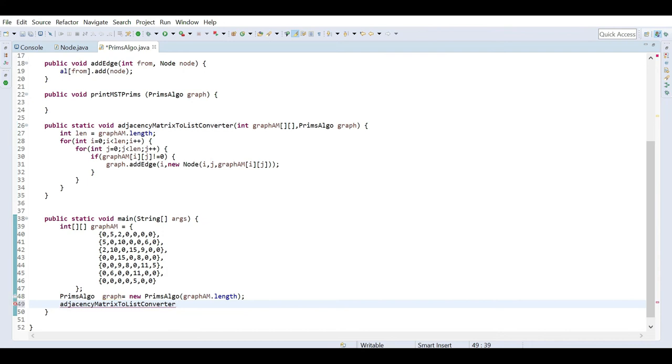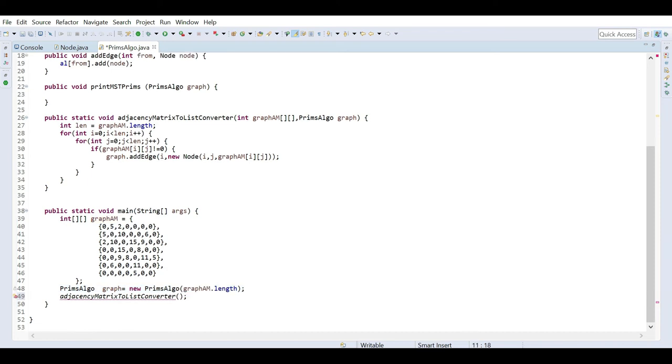Okay, so here I have to pass the graph, and I will pass these two items, and this graph.